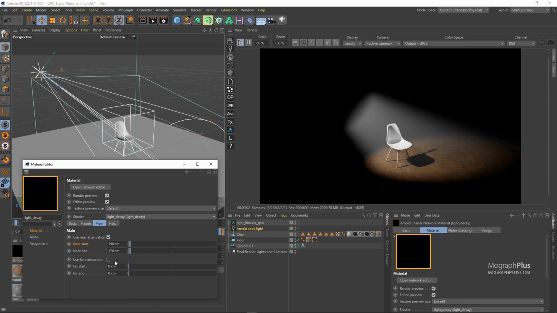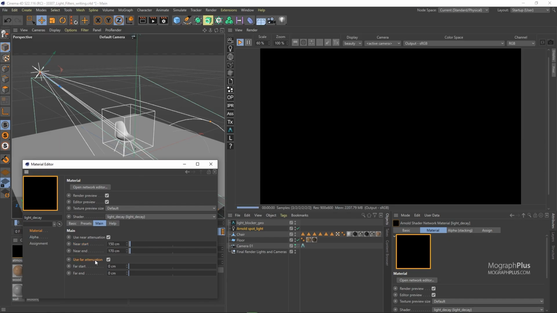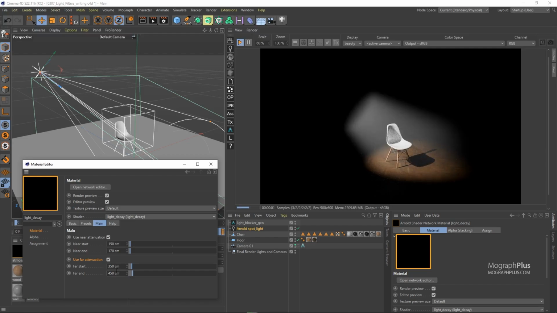If we enable far attenuation, by doing so, we have a black render because our far start and end are set to 0. So the light is fading out immediately. Let's set the far start to 350 centimeters and the far end to 450 centimeters. So basically 350 centimeters from the light source, the light starts to fade out, and 450 centimeters from the light source, the light has faded out